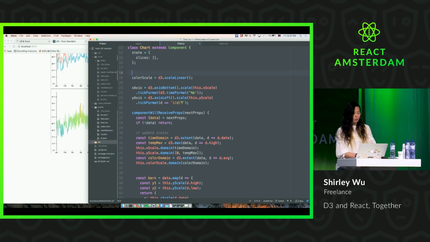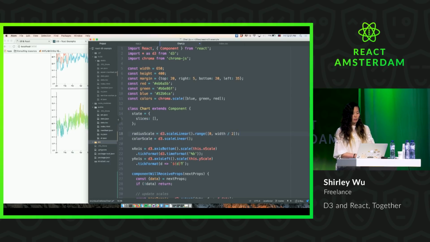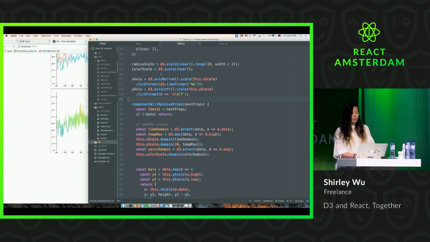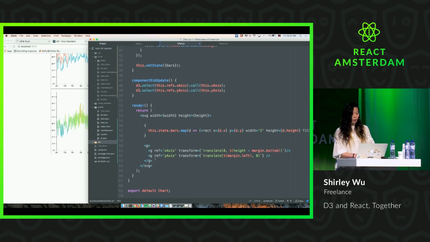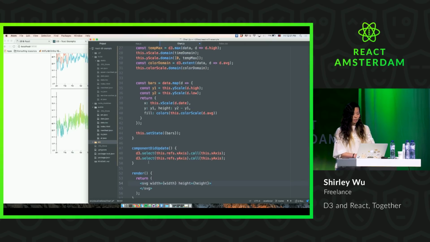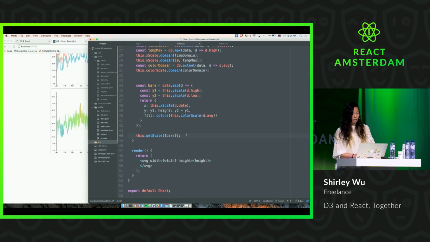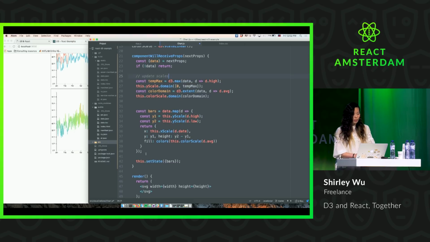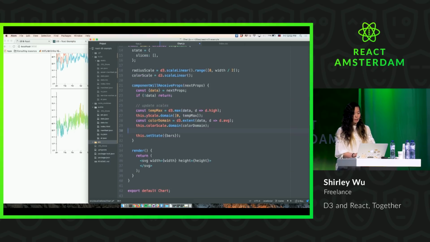So radius scale is equal to D3 scale linear, and I want my range to be from 0 to width divided by 2, basically the size of the container. And actually, let me make the container bigger. And then I don't actually need these axes anymore. So let me delete all of these. And here, I no longer need some of these things. And now, let me create these slices. Const slices equal to,